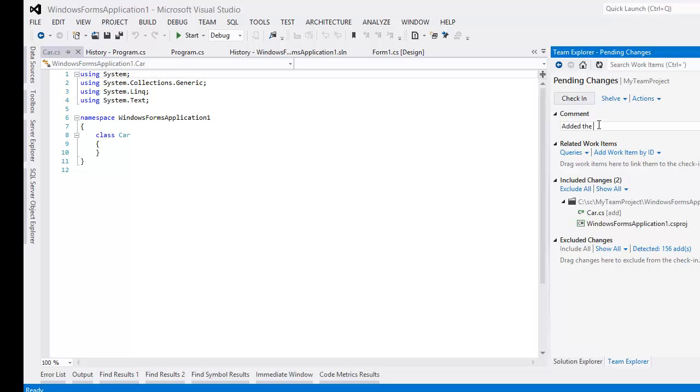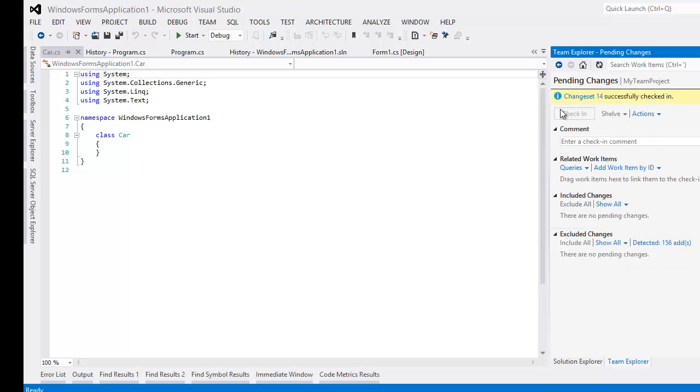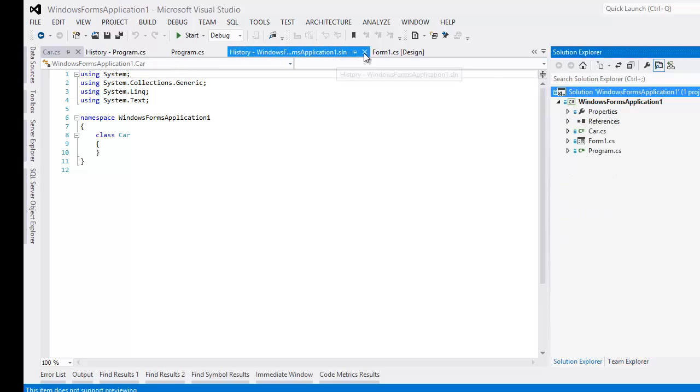Now I'm gonna do another check in to the solution. And I'm gonna say added the car class. Notice that the project and the class will be checked in. Okay, and that's change set number 14. If I go back to the source control,